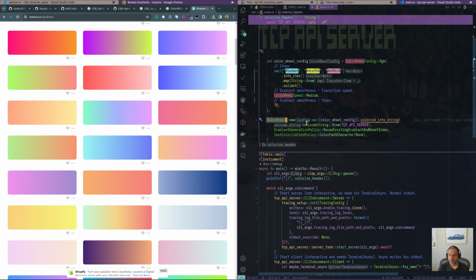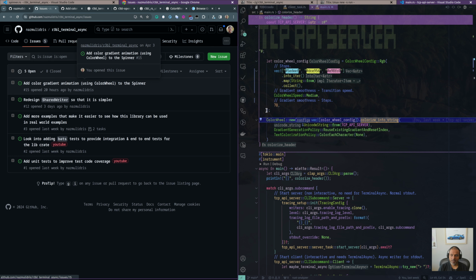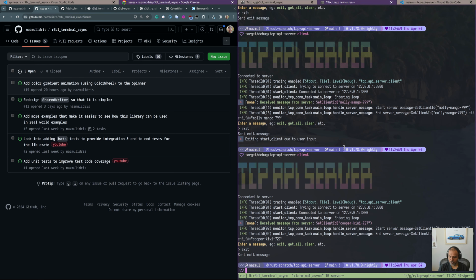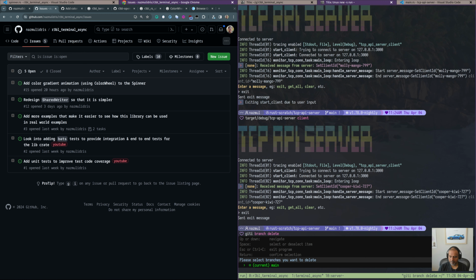And it has a convenience method called colorize into string. And it has a whole bunch of other convenience methods. It can colorize into something called NC style text, which is a whole other thing. There's another crate in here. I don't know if you remember that 2ify thing I showed you, Giddy. Oh, I didn't actually. So this is